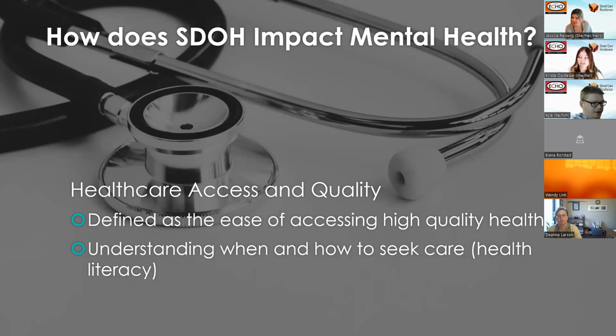One of those things is access to healthcare and the quality of healthcare. That is also understanding when and how to seek care, which goes into health literacy. For the majority of these untreated or undertreated people, the main barriers to treatment are financial barriers, a lack of mental health care professionals, limited availability of mental health education and awareness, social stigma around mental health treatment and conditions, and racial barriers to mental health care access and treatment.